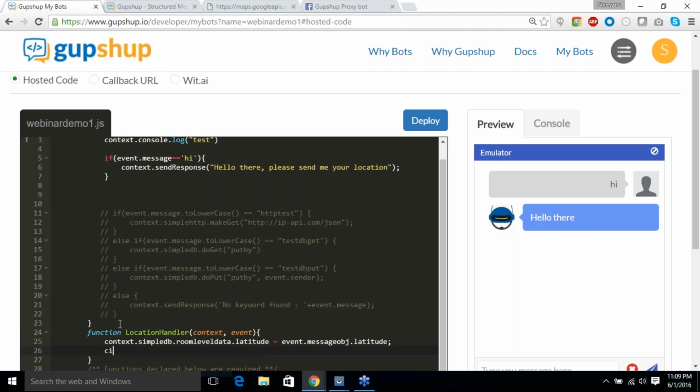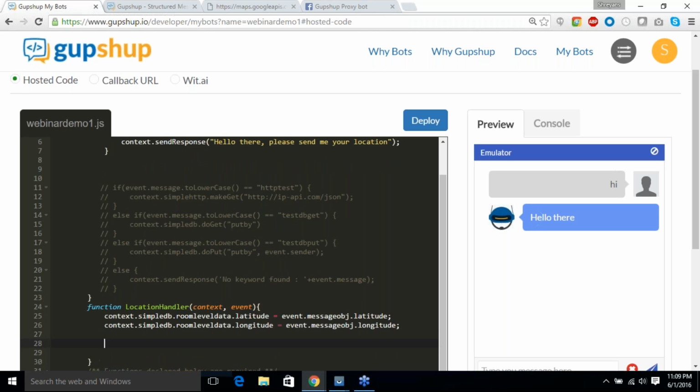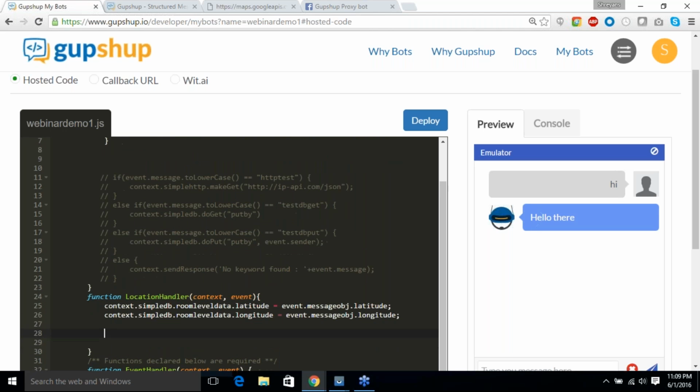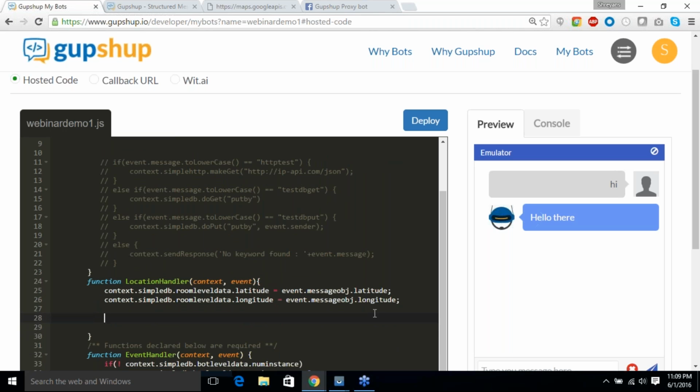So the next one, what I'll do is store the longitude. I'm just going to copy paste this and change the name to longitude, and it's the same name in the JSON object as well. Longitude. Right now, since we are storing data at the room level, we'll call it basic persistence,